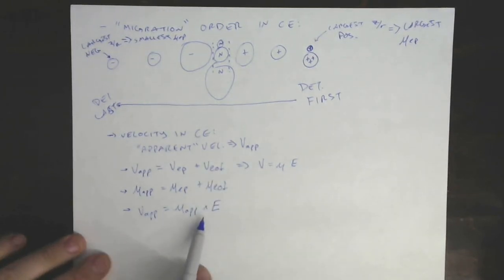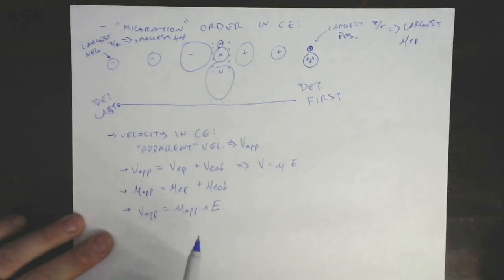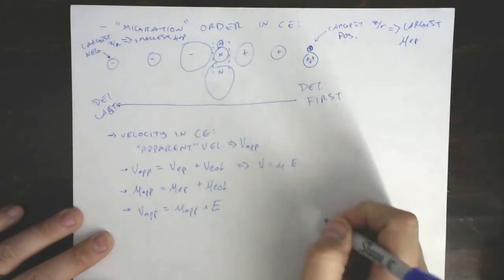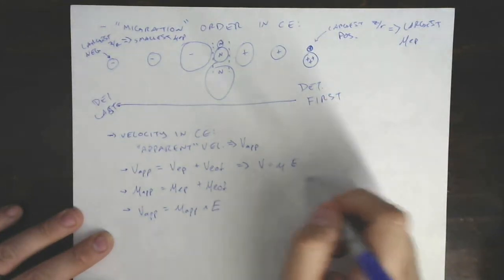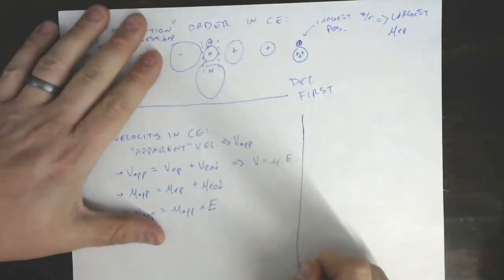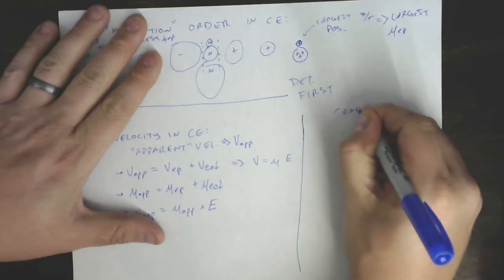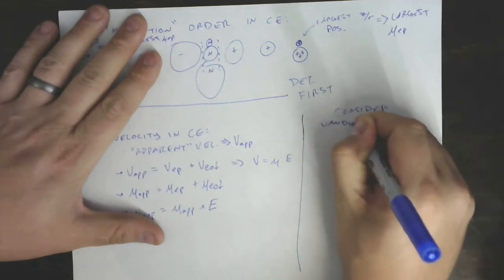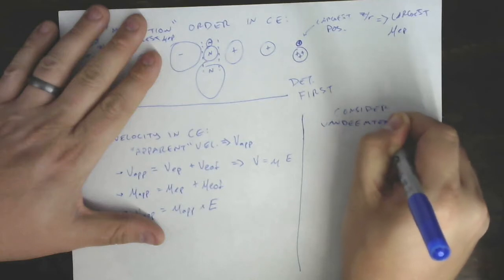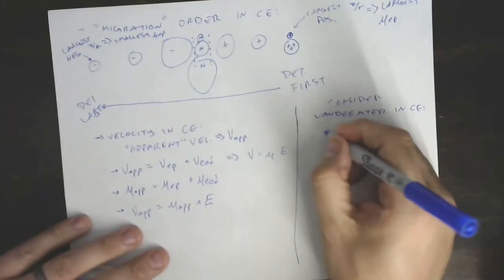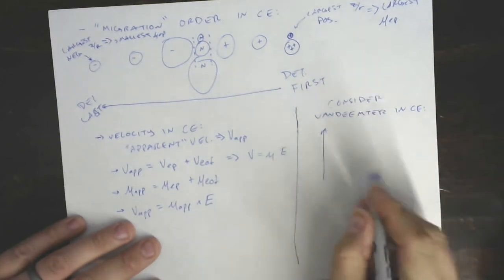Okay, we're going to come back to this, but before we do, I want us to think about Van Deemter. So I'm going to just draw, let's see where I can fit this in. Let's draw a separate section over here. Let's consider Van Deemter in CE. So our three terms for Van Deemter